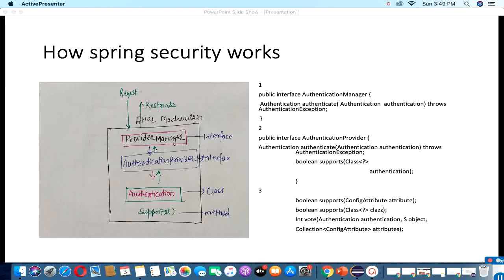First it checks what kind of authentication is required, like in-memory authentication, JDBC authentication, MySQL type of authentication, or any LDAP kind of authentication.